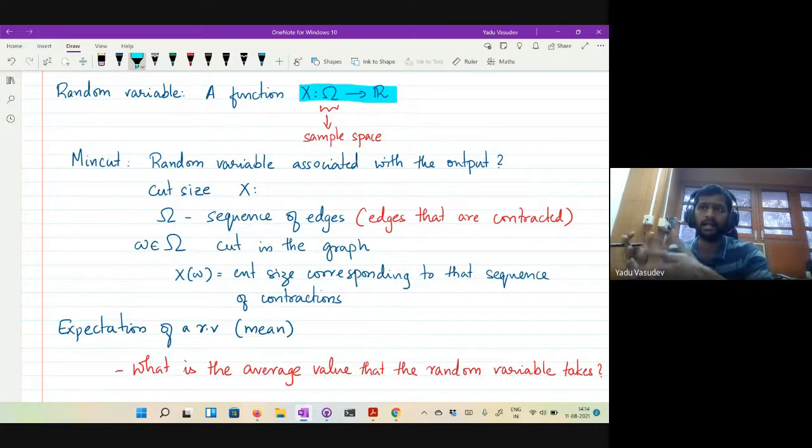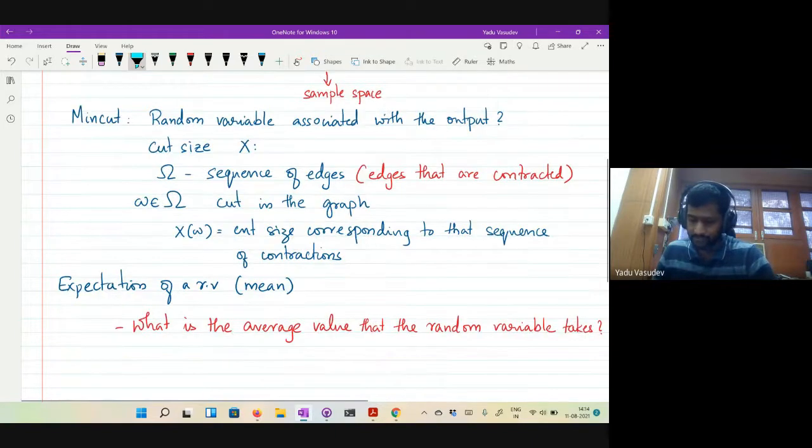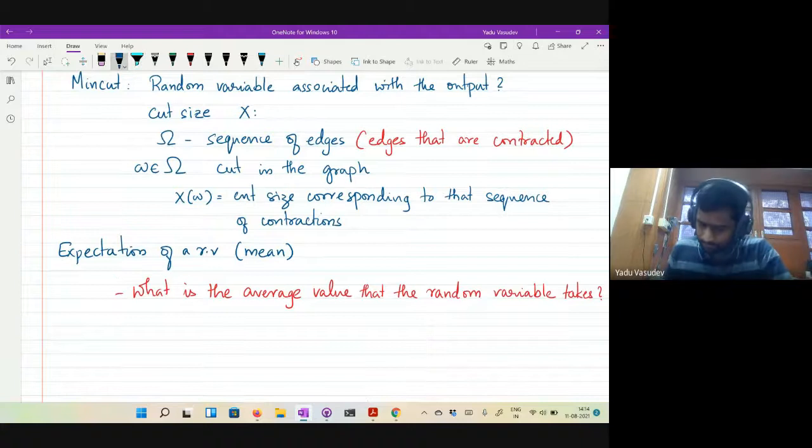Now, how likely is it that this random variable is going to behave like this expected value? How likely is it to actually deviate away from this expected value, and so on? That's typically how you will start analyzing a randomized algorithm. So the expectation is a very important statistic. It doesn't give you a lot of information, but it gives you sufficient information from which you can infer a lot of things. Okay, so let's just define what the expectation is.